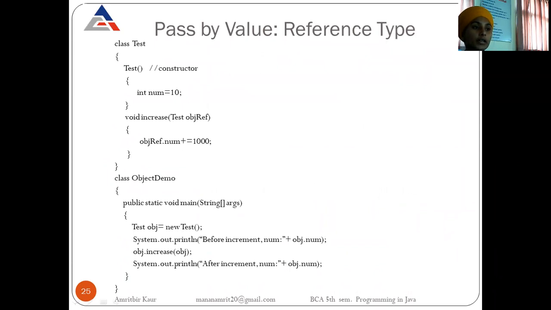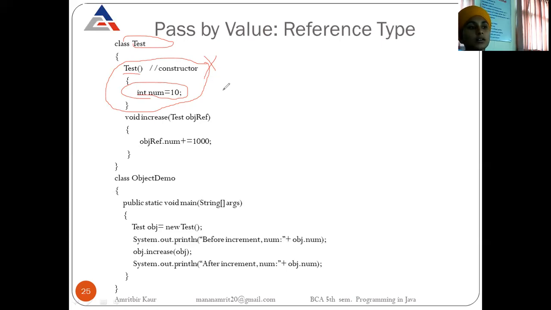Here we have one class, Test. Now we will be working with reference variables, objects we can say. So here there will be two classes, because we will create our objects in the main method. Firstly we create a class Test. Here I'm writing a constructor to initialize a value. The constructor must have the same name as the class, and there can be no return type. In the body we can initialize the value of any variable. You can skip this coding this time because we will study constructors in our next topic. So this is our constructor.